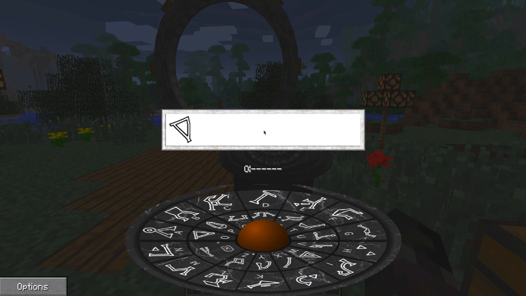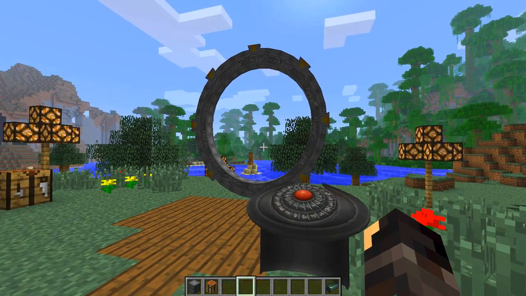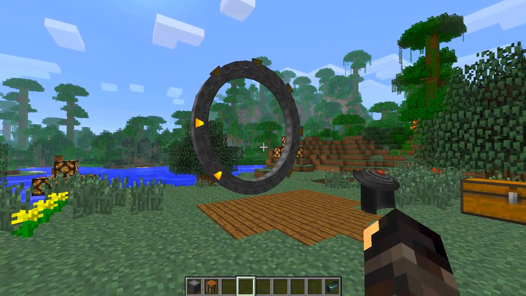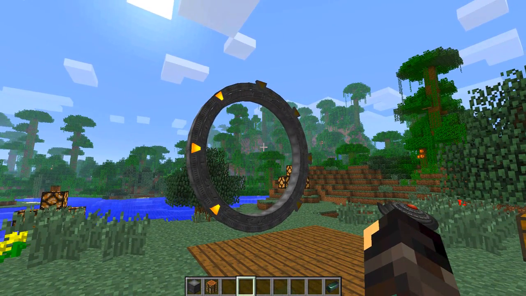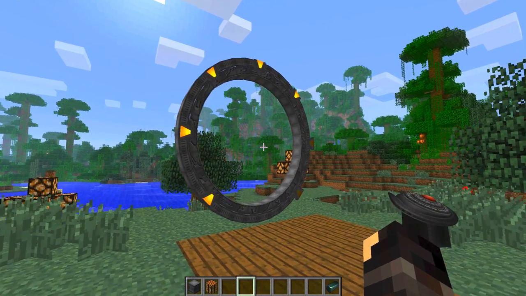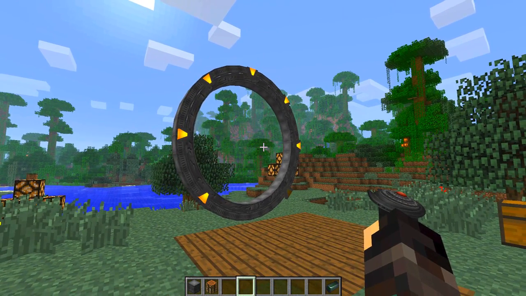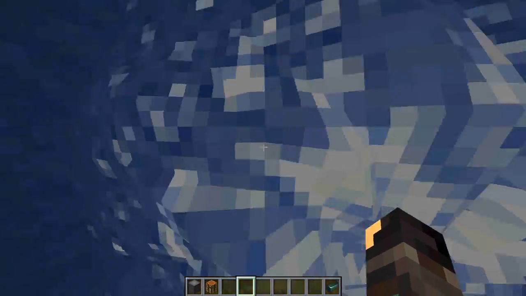So I've set up another one, which is ONKANUD. So let's power this bad boy up. It's going to do its cool little fancy thing again, which I love watching. Very, very awesome. This is cool. This is some serious Minecraft modeling. I love it. It looks absolutely awesome. So yeah, two more lights to go, one more light to go, and yeah. So as you can see, if we hop in here,